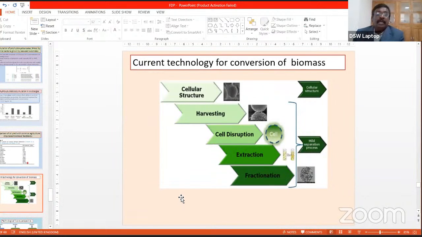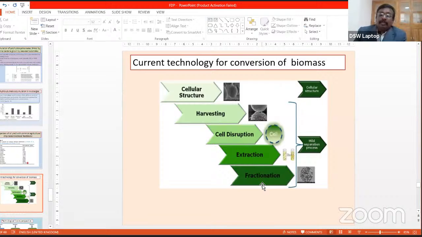And now the current technology: we can grow the algae in the photobioreactor, or we can grow the algae in the raceway. There are designated ponds available, and we have to harvest. Then we have to disrupt the cell or crack the cells and extract the oil, and we have to fractionate. So this is a stepwise process